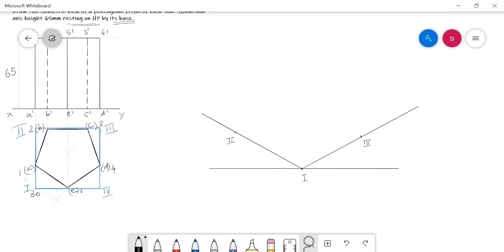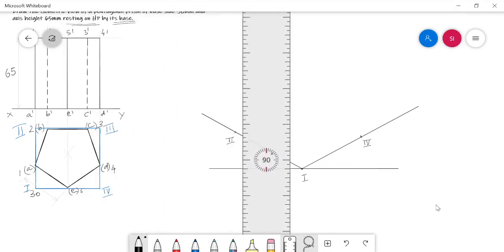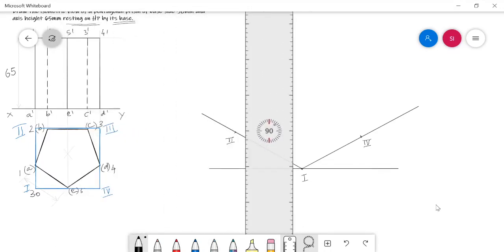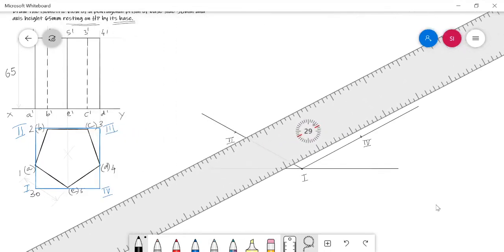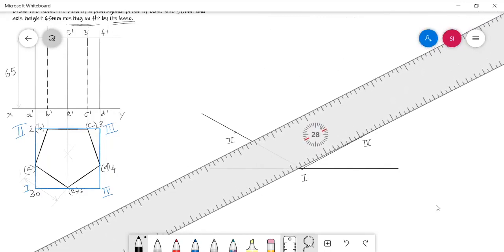And in order to mark the 3, we need not measure the distance between 2 3 or 3 4. See how I am obtaining the point number 3. For this purpose you can use your drafter for better results. Take your drafter and make it parallel to 1 4.